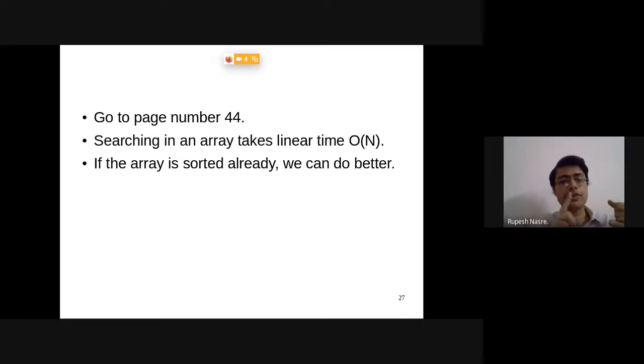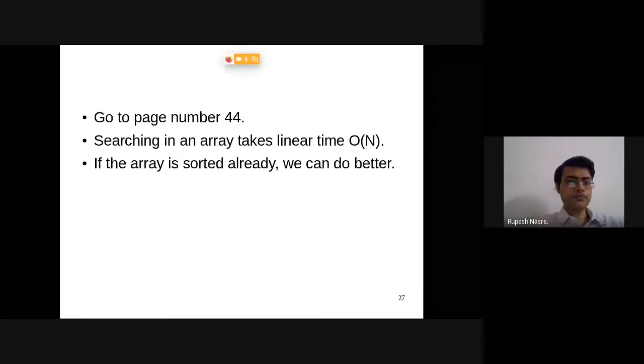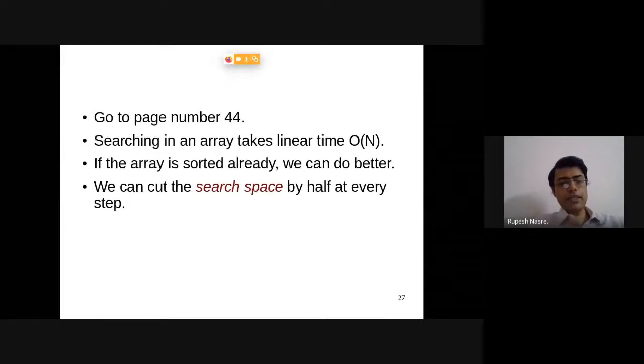It will definitely reduce the absolute running time, that we can see intuitively. But does it reduce the complexity? That is something which we have to identify by modeling it as an equation, finding out if the time complexity turns out to be order n or lesser than that. Okay. So what we are doing in this case is that we can cut the search space by half at